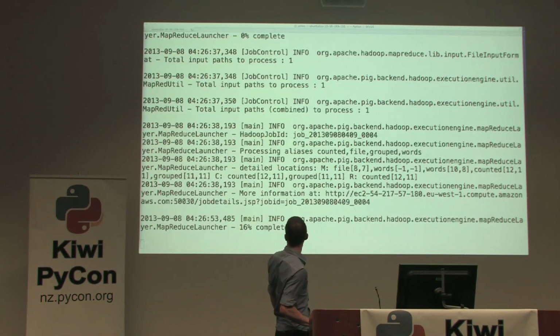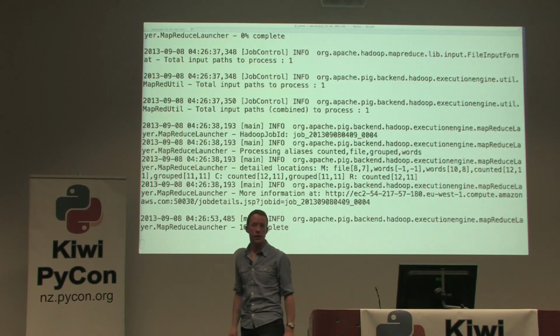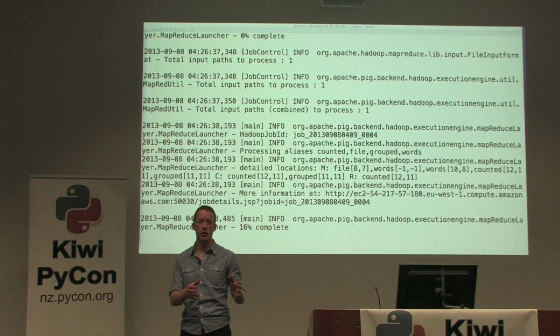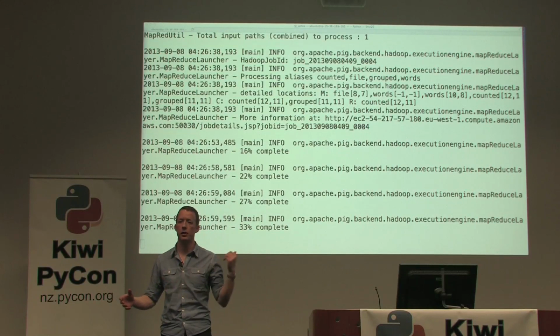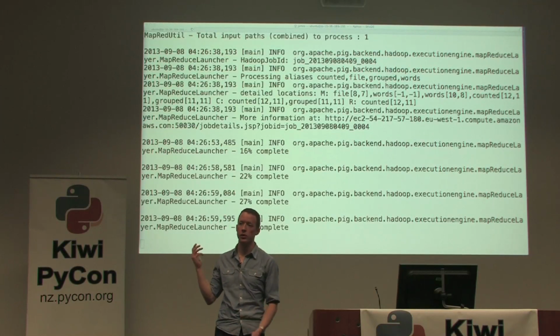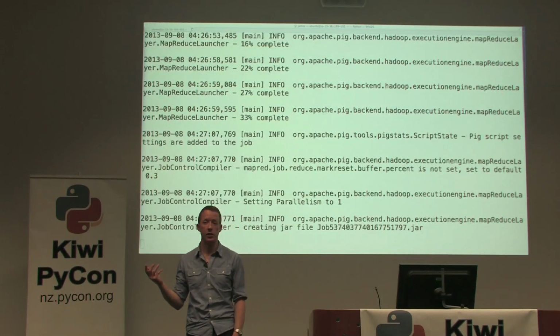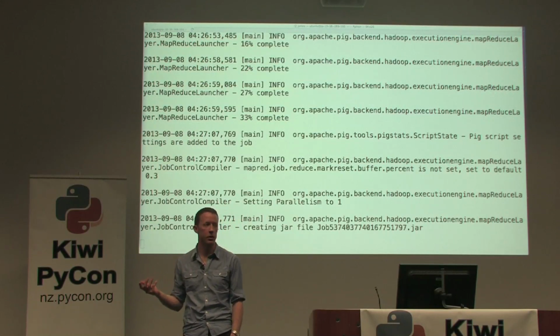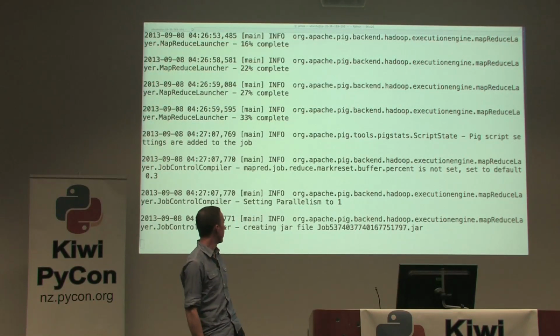How's this doing? Still running, 16%. There's a lot of overhead in this framework in starting up and stopping jobs, but what I just did, the config file had 3 machines there. I could have set that to 100 or 1,000, it still would have worked. If that book was 3 terabytes in size, I wouldn't need to change the program at all. It would just work. It's really cool.